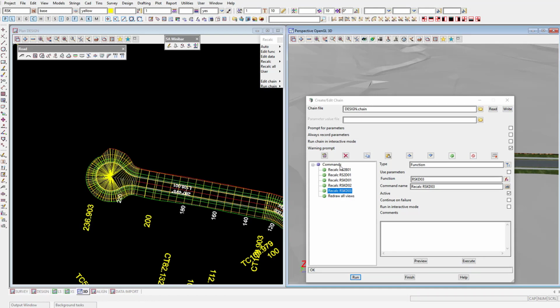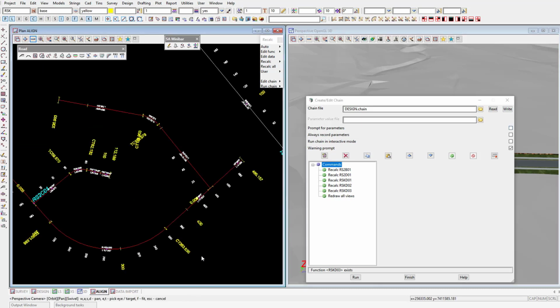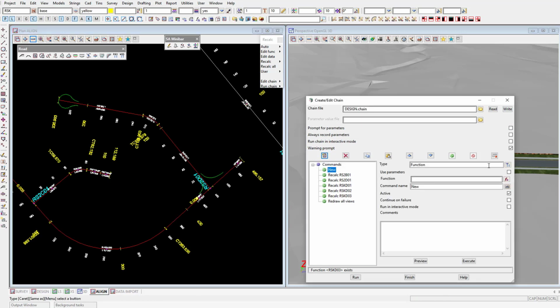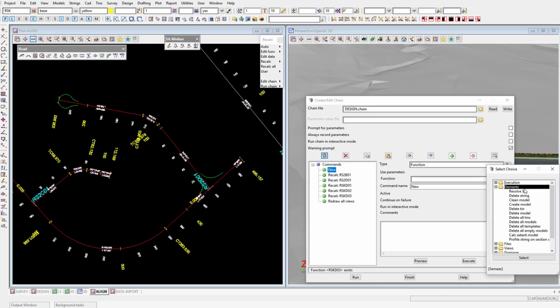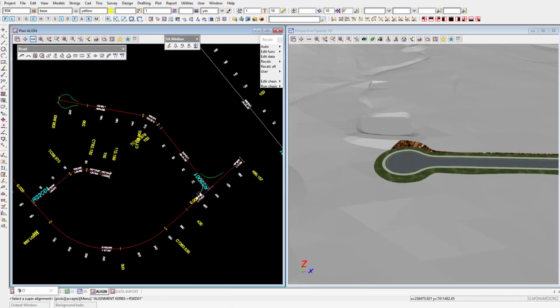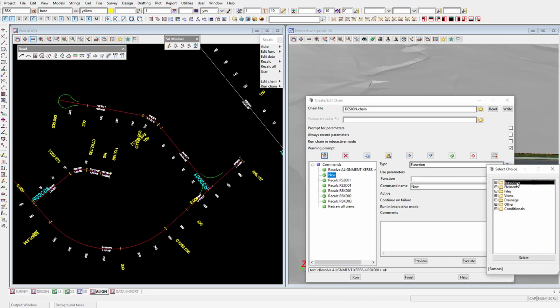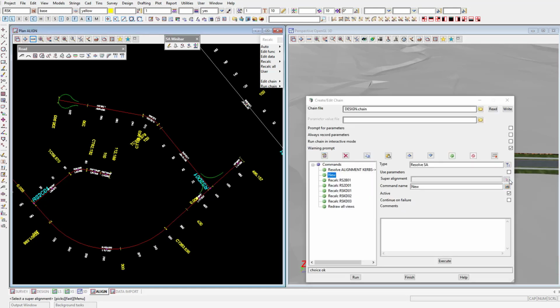And above this here, if I wanted to, I could also put in the resolving of my strings as well, my Kerb return strings if I wanted to. So just by insert and elements, resolve super alignment, and if I just pick this super alignment, okay, insert, same deal, elements, resolve super alignment, pick this super alignment,